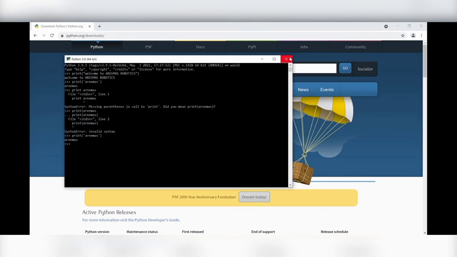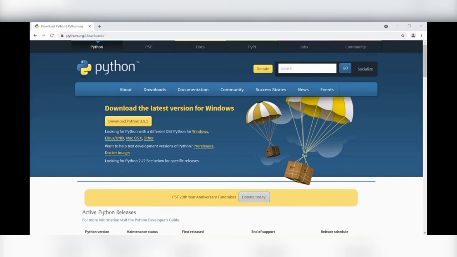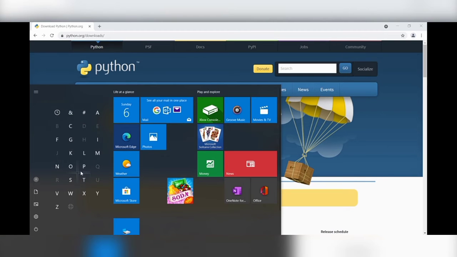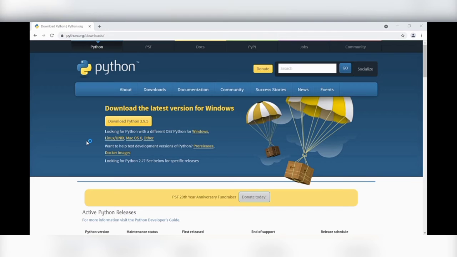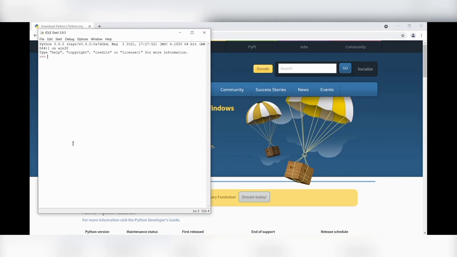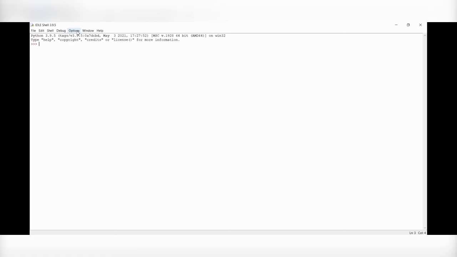Let's open the Python IDLE file, where you will be creating many more Python files and saving them on your desktop. I am opening the Python IDLE file. Okay, here the shell has opened.